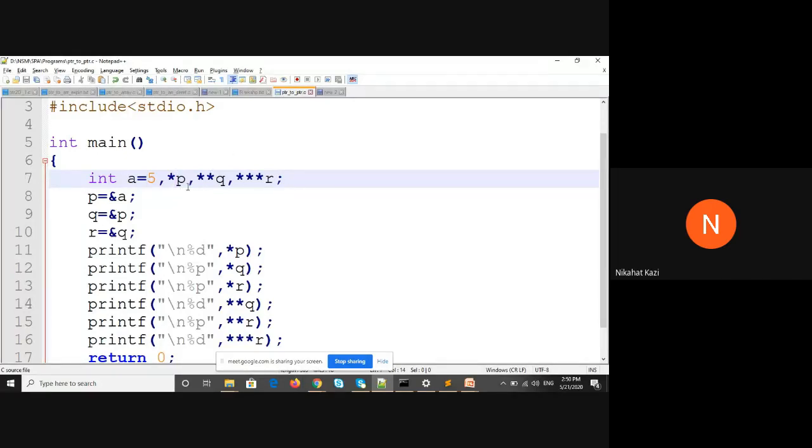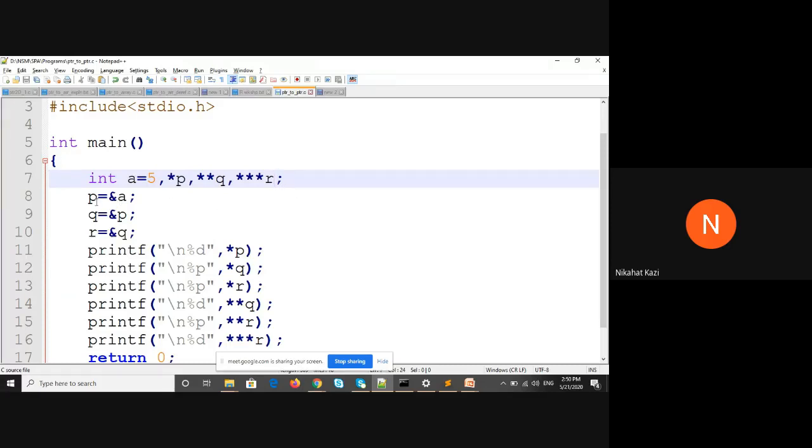So this is nothing but a pointer to a pointer concept. There are a lot of indirections here. One holds the address of another. Then there's yet another variable which is holding this variable's address, and so on. Indirectly, you can actually get A's value via R. The beauty of this concept is you can get A's value via R.